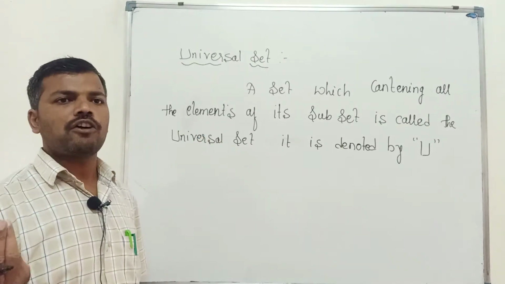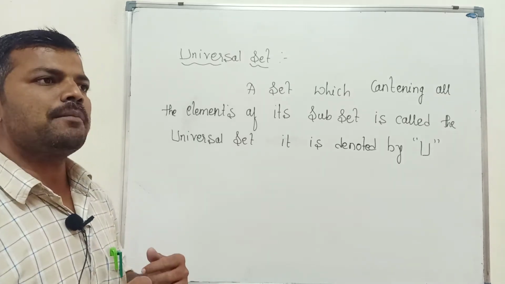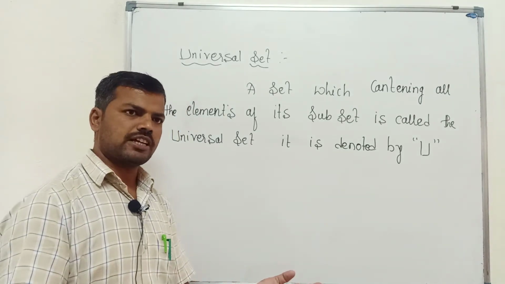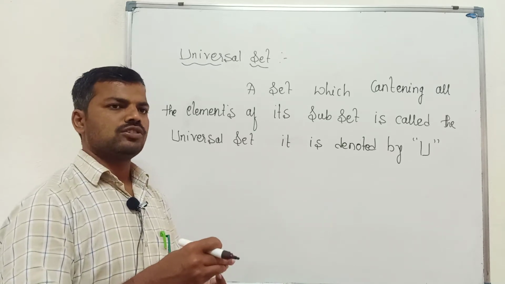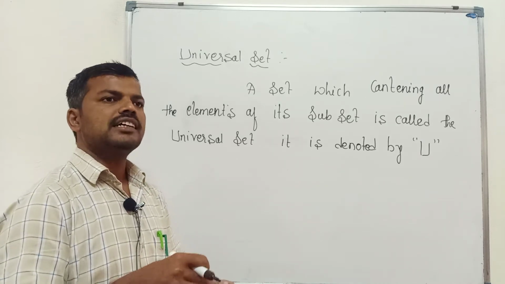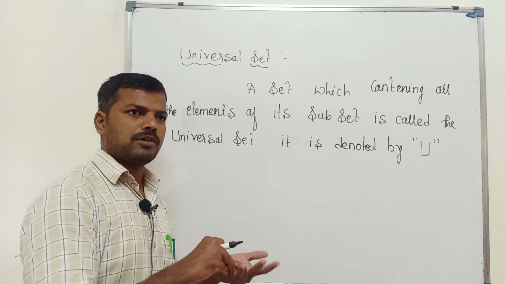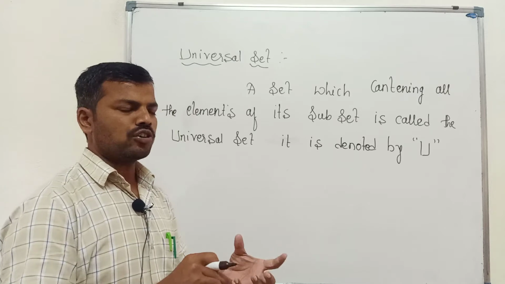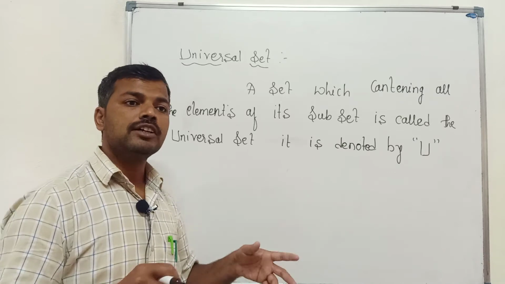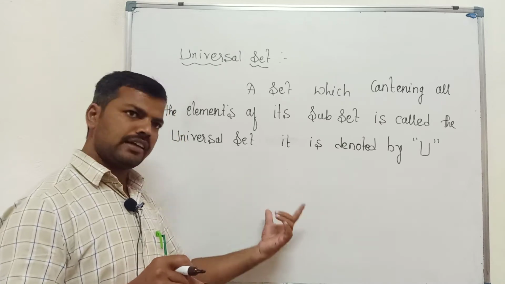Or we can say, for example, the natural number also becomes, to some extent, a universal set. Why? Because it contains the elements. For example, even numbers form a set, odd numbers also form a set. So even and odd numbers are there in the natural numbers, which means for these sets the natural number becomes a base. So prime numbers, perfect squares, perfect cubes: for all these sets the natural number becomes the universal set. All the elements of these sets are contained in the natural number.